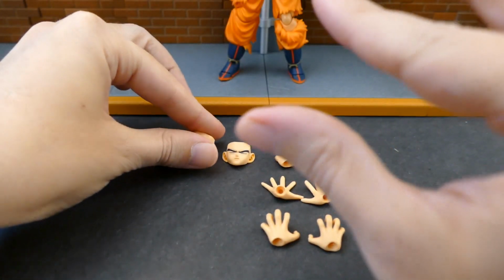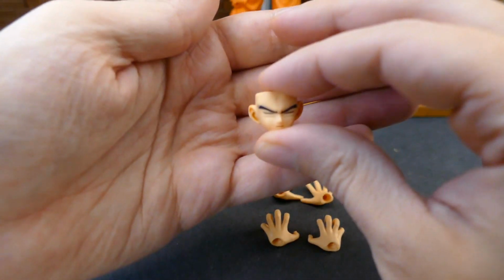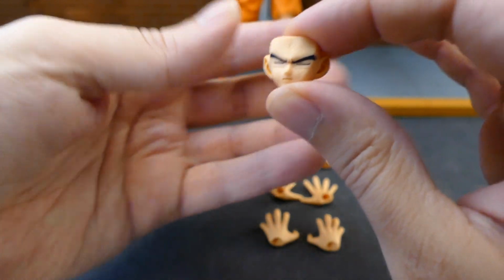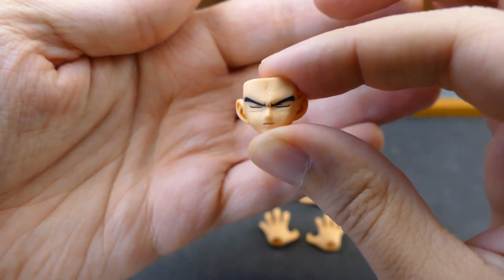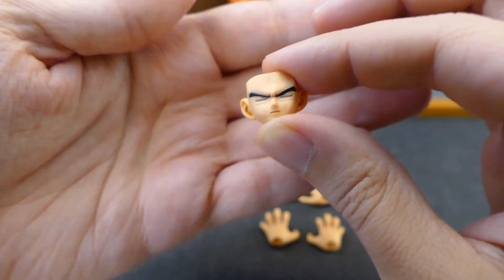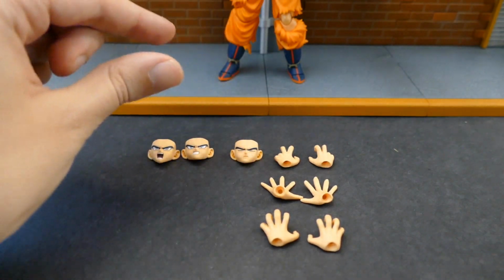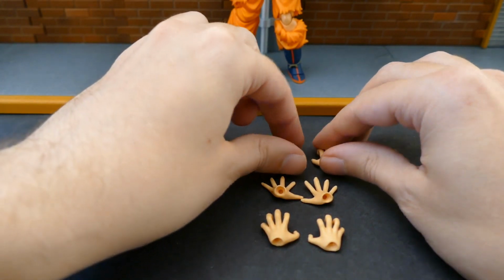Looking good. And then finally we do have a new face, and this one looks really good in my opinion. And this is the closed eyes, calm face. It's the first time we've got a face like that for Goku, and it's pretty nice. I like that. So other than the fists that come on the figure, we have a pair of martial arts